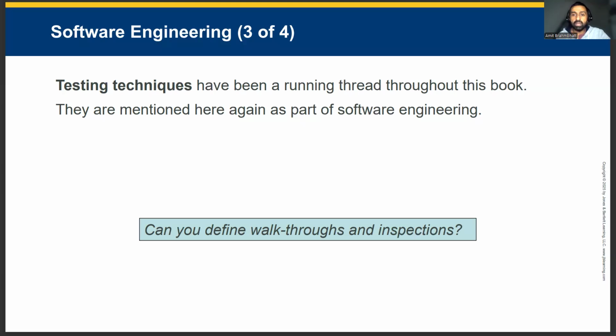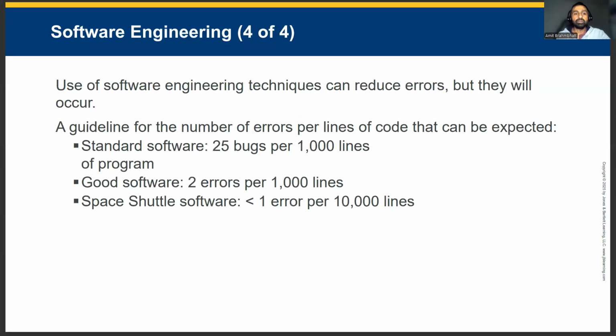Inspections are more formal and structured. They follow a documented process in which reviewers examine code or documentation line by line, searching for defects against a predefined checklist. Inspections are highly effective at catching issues before testing even begins. This slide highlights that effective software engineering combines multiple testing approaches, each contributing to higher confidence and better quality software. Testing is not just finding bugs, it's understanding the system deeply and preventing defects early.